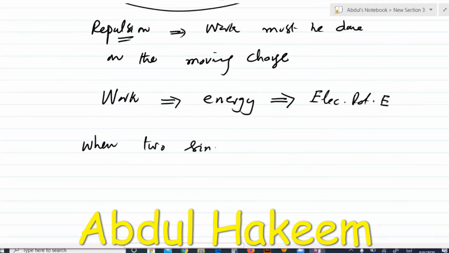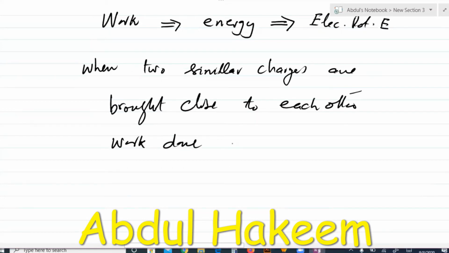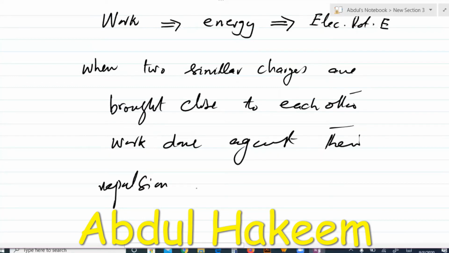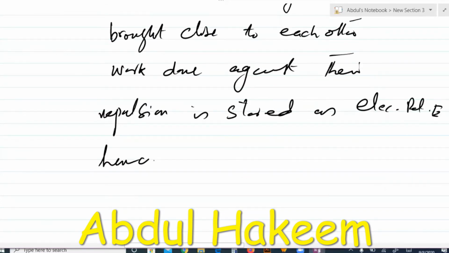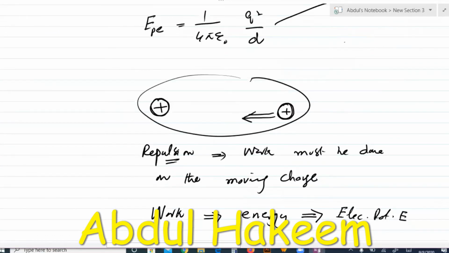So the final statement is, when two similar charges are brought close to each other, work done against their repulsion is stored as electric potential energy or electric energy. Hence, electric potential energy increases. So whenever we bring two similar charges close to each other, their electric potential energy